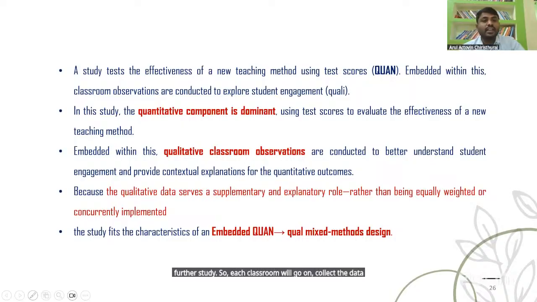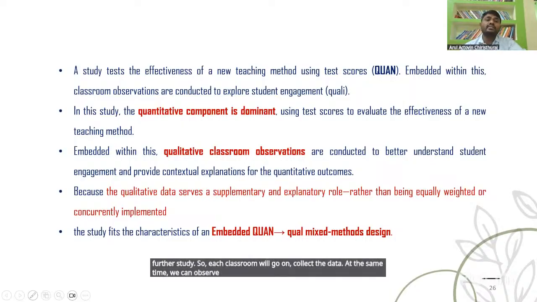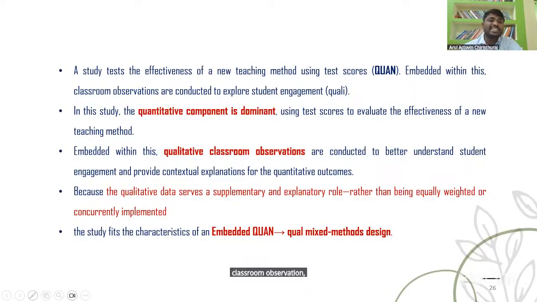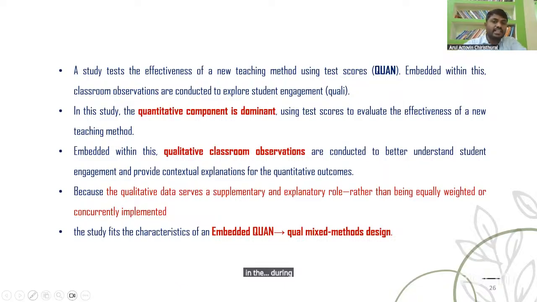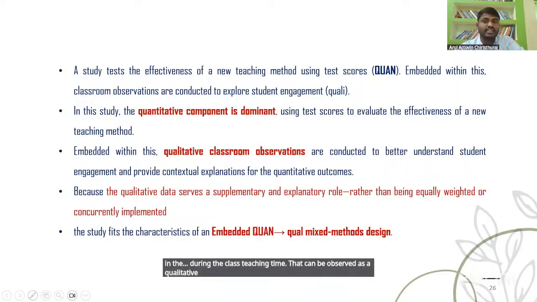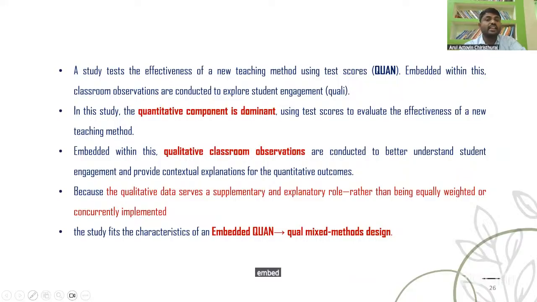At the same time we can observe how the students engage themselves during class teaching time. That's qualitative, also done during that. That's what embedded means: embedded within the quantitative data collection time.